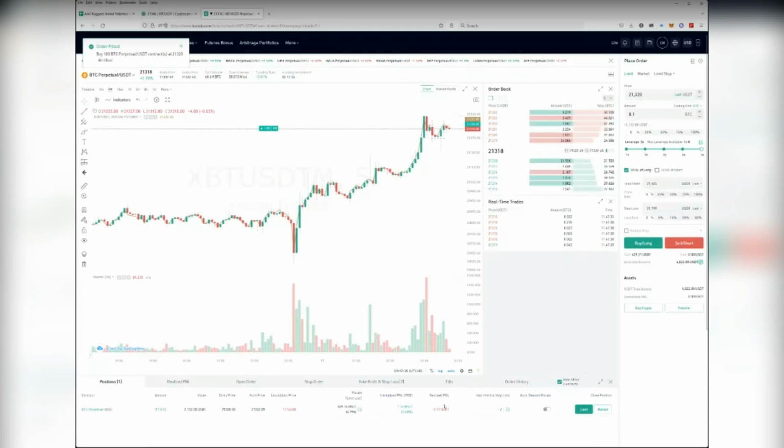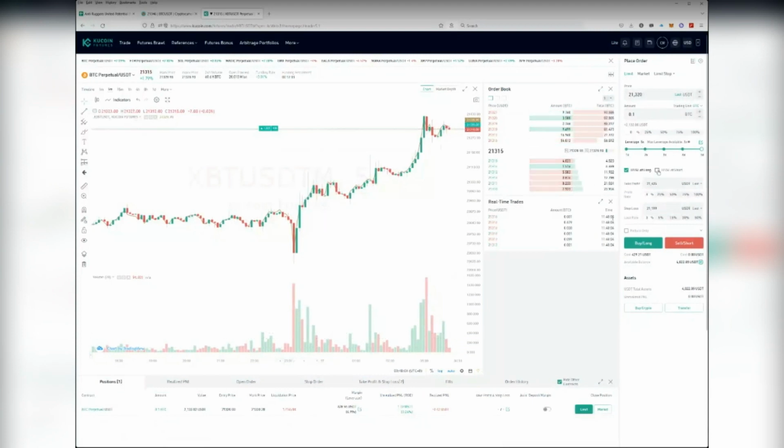So it filled my order. And what I figured out with Kucoin is kind of why it's stupid. Look at my liquidation price, guys. My liquidation price is 17,165. Even if I bought 0.0001 BTC, this liquidation price would still be the same. Even if I went full on, 5 BTC, my liquidation price would still be the same. It's kind of stupid.